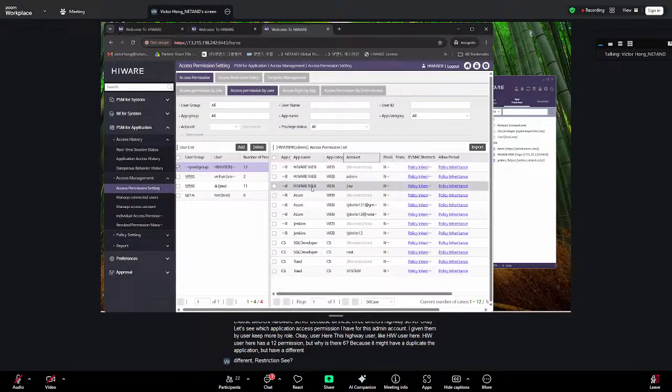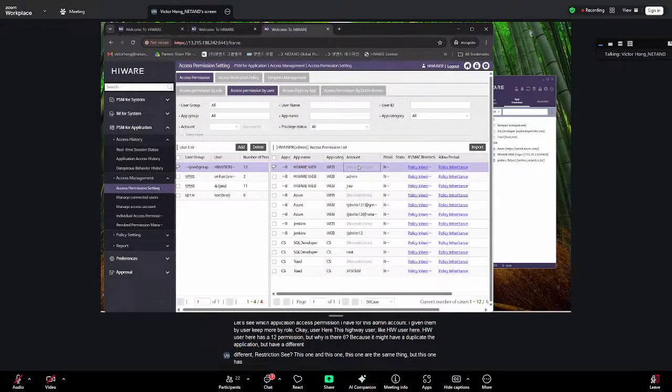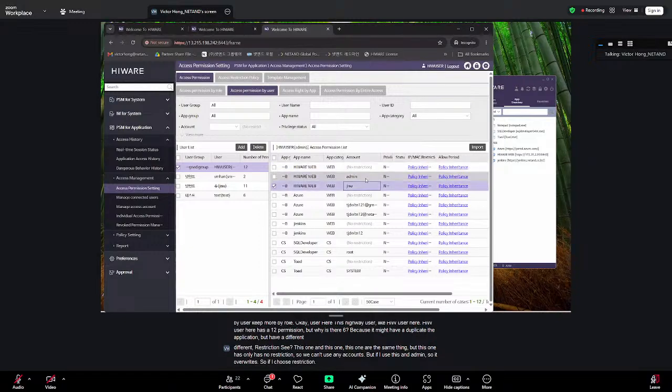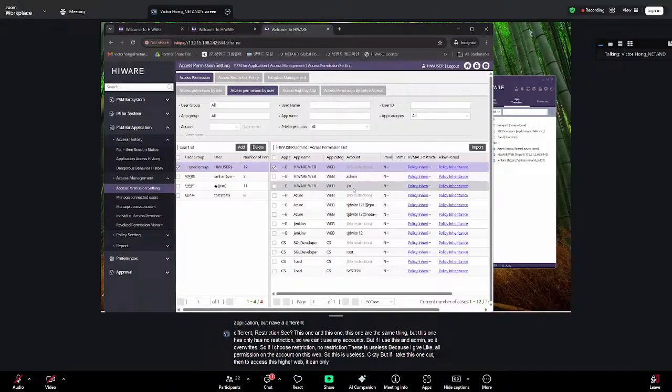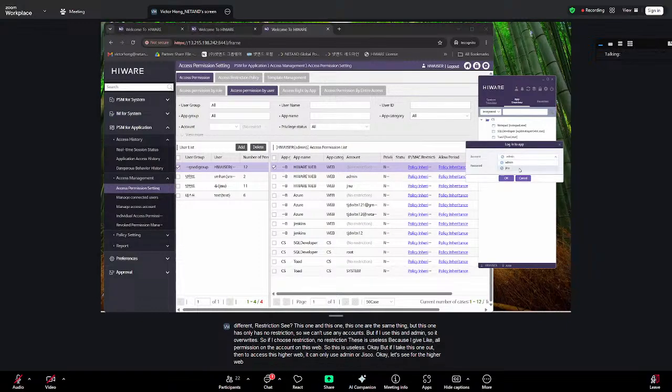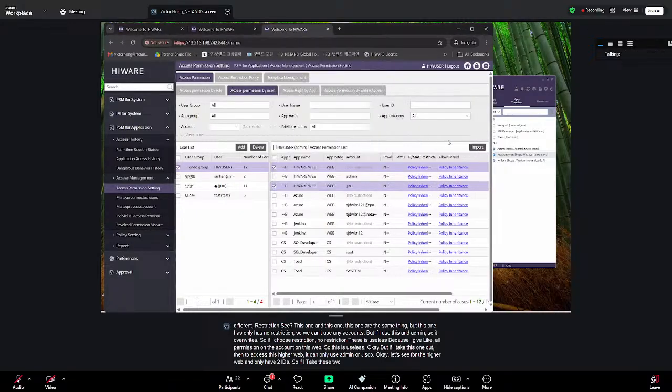See, this one and this one are the same thing, but this one has no restriction, so it can use any accounts. But if I use this and admin, it overwrites. So if I choose restriction, no restriction, these two are useless because I give all permission on the account on this web. So this is useless, okay? But if I take this one out, then to access this HIWARE web, it can only use admin or Jisoo. Okay, let's see for the HIWARE web. It only has 2 IDs. So if I take these 2 out, for example,